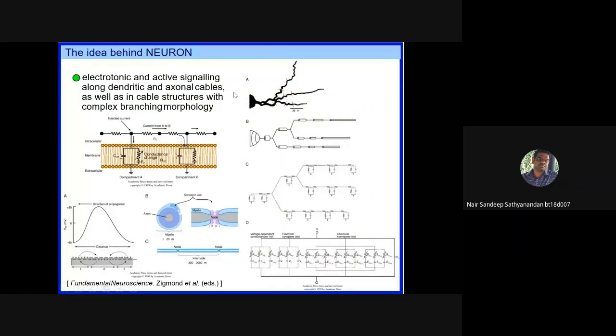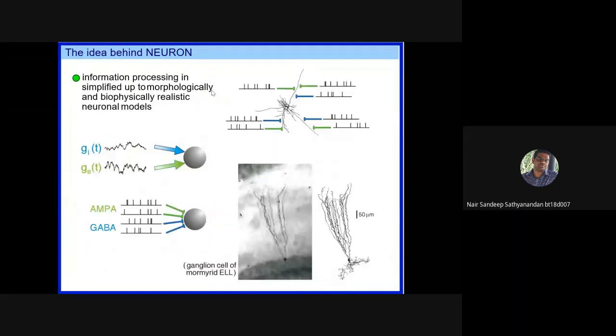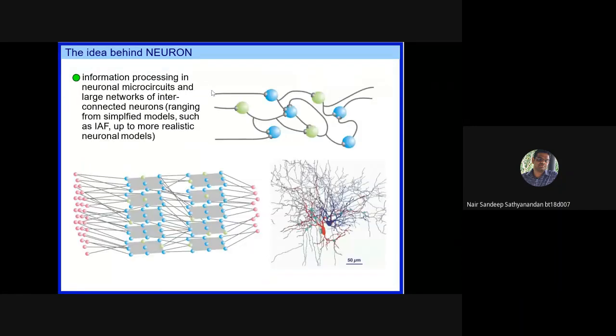Then it can model the electrotonic and the active signaling along the dendrites and the axon. So we can see the dendritic propagation, axonal propagation, etc., using the neuron simulator. Information processing from simplified up to realistic neuron models is possible.